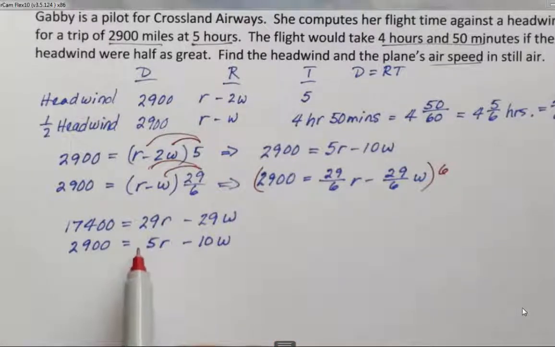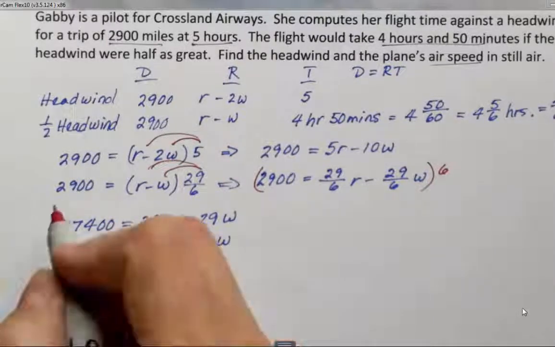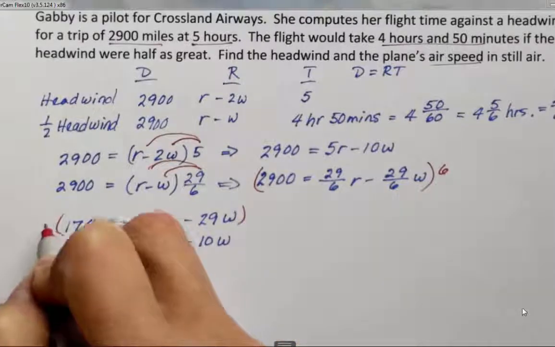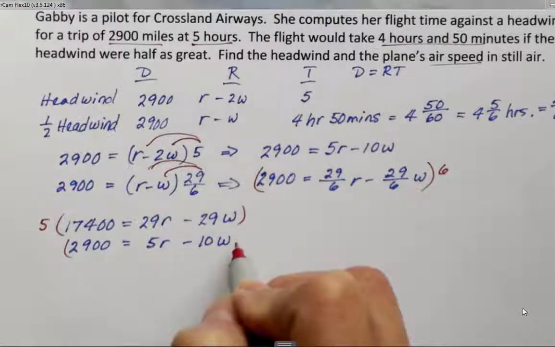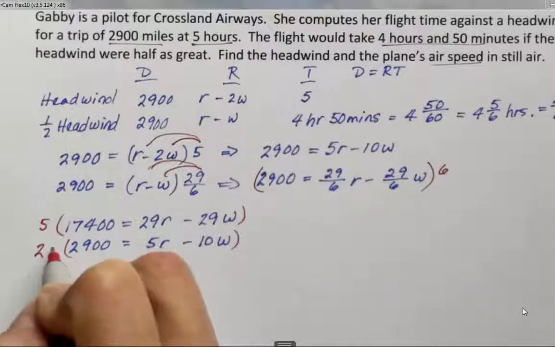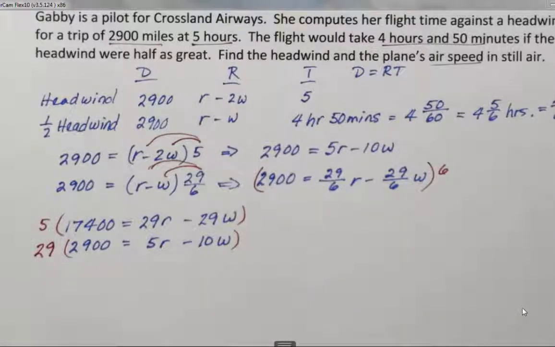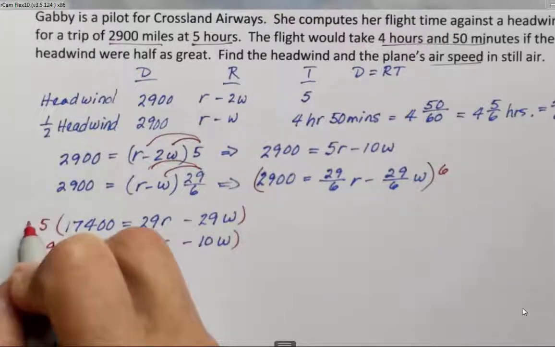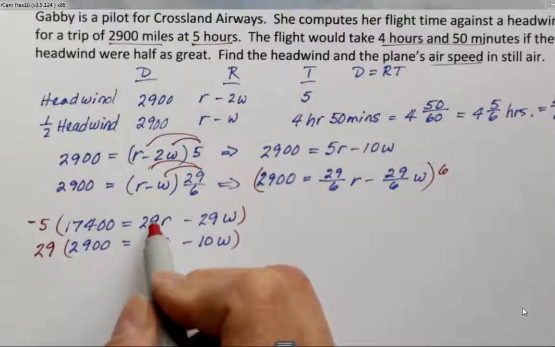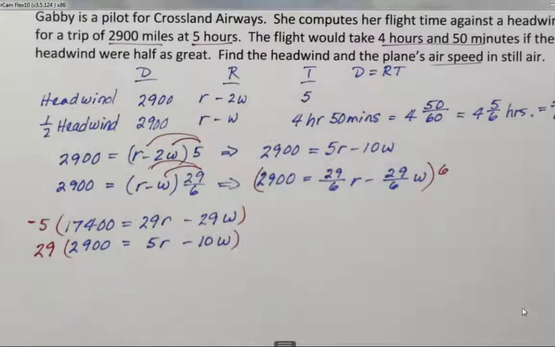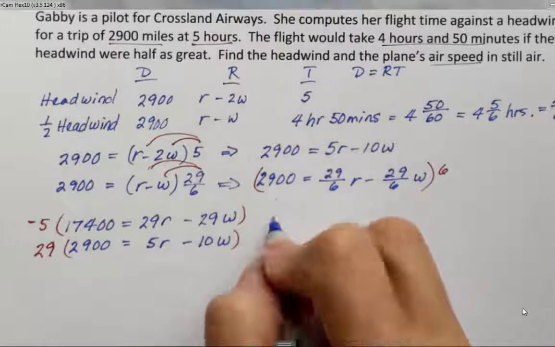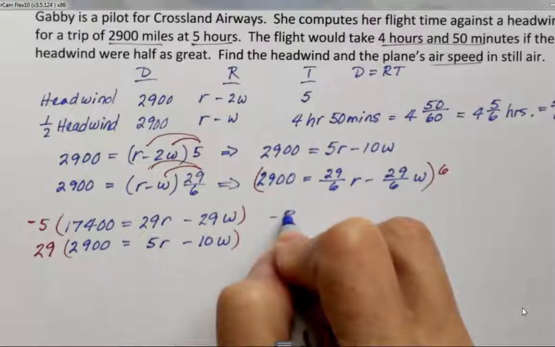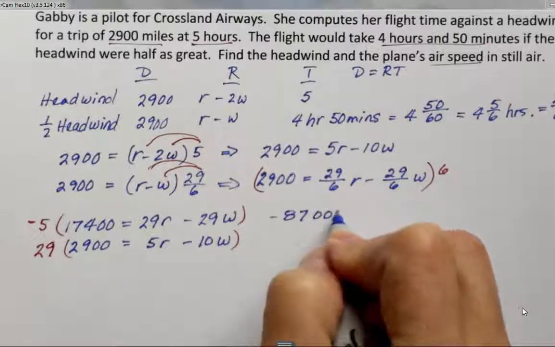That means I need to multiply my first equation by a 5, and my second equation by 29 to get my correct LCM. And then I'm also going to make my 5 up here negative because I need to make sure that I have a sign change with my r's. So when I do that, I end up with negative 87,000 equals